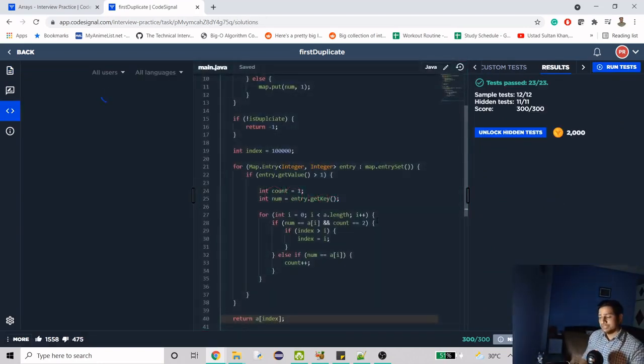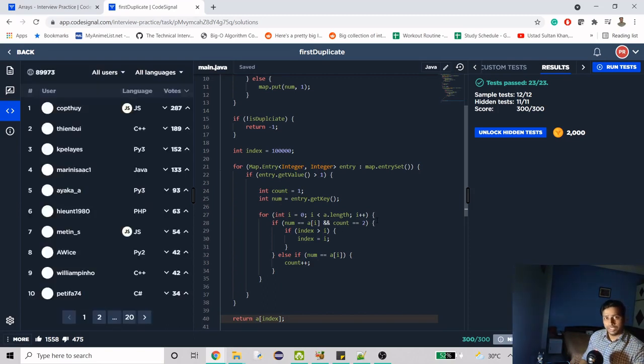I know some of you might think that this is not a good approach, or maybe we could have done better. Yes, I could have done better, but I am trying to give out an easy approach initially, so that you can have some base to work on. Then you can think of more efficient approaches, because an interviewer is not going to ask you only one approach. He will try to find out how efficient you are.